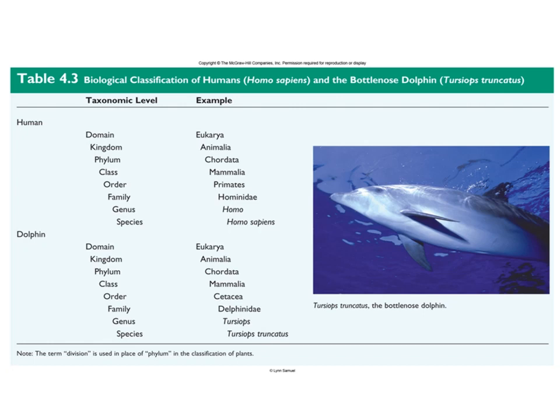The order for the dolphin is Cetacea. The order for humans is primates. And this reflects then their evolutionary history. So both dolphins and humans have a similar common ancestor, which is a mammalian common ancestor. But primates have a different common ancestor than cetaceans, and that's why they're grouped in different orders there. So understanding evolution also helps us understand how we name and classify organisms.